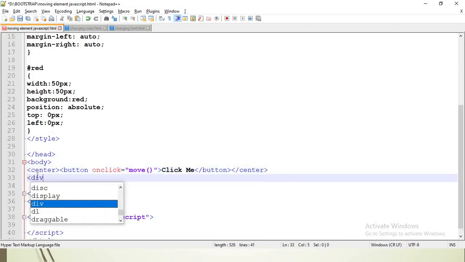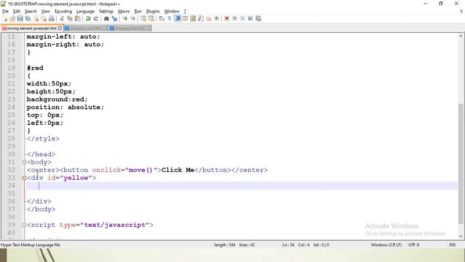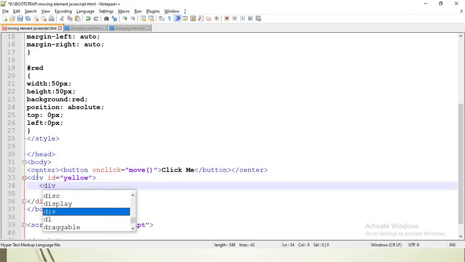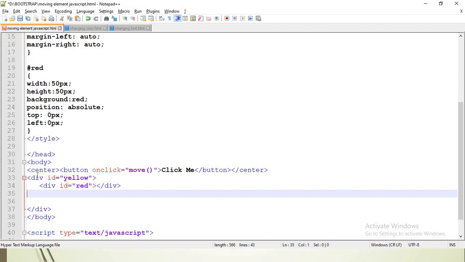And inside the div now I make use of this yellow and red ID. Inside the div tag I'll give ID as yellow. Since red is the child of yellow, I create one more div tag inside this div yellow, and I close this div here, and I'm closing the div of yellow here.